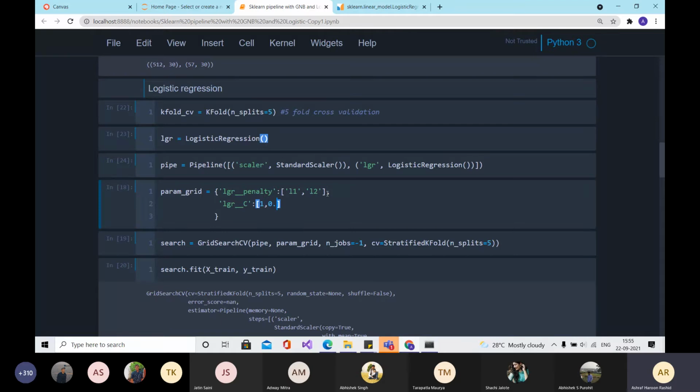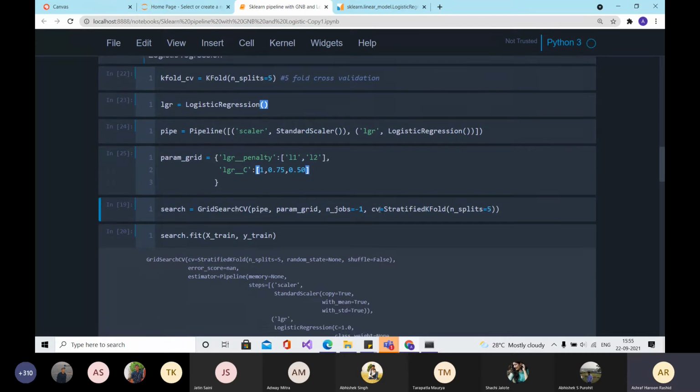And you can have, let's say, 0.75, you can also have 0.50. This becomes a parameter grid.